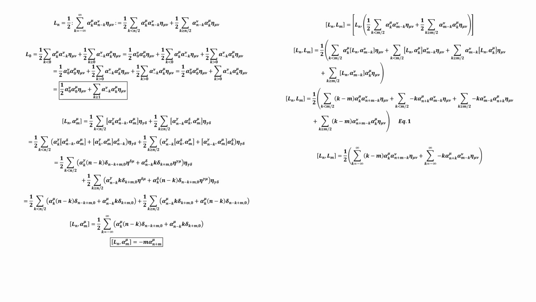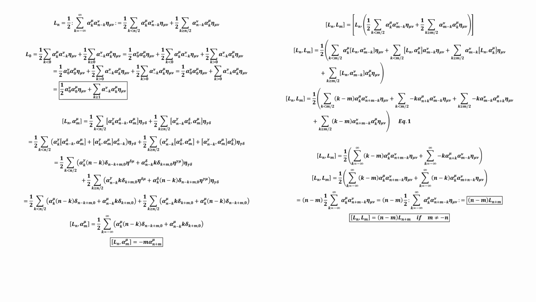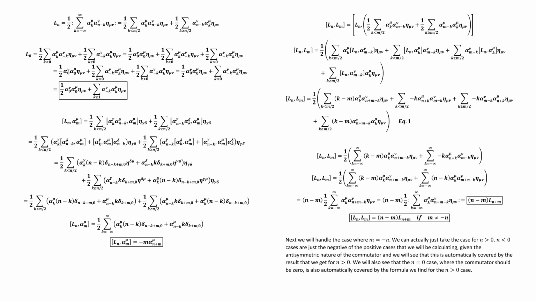that we're using. The next step in the calculation is to shift indices in the second infinite sum and then combine like terms. Next, we'll handle the case where m does equal negative n. We can actually just take the case of n greater than 0. The n less than 0 cases are just the negative of the positive cases that we'll be calculating, given the antisymmetric nature of the commutator, and we'll see that